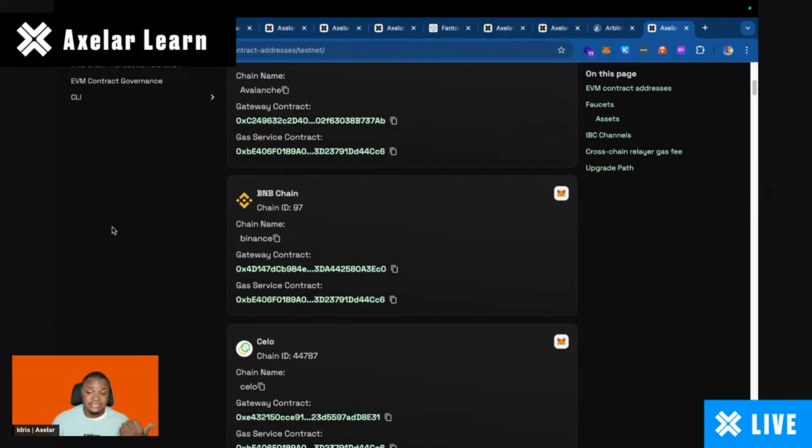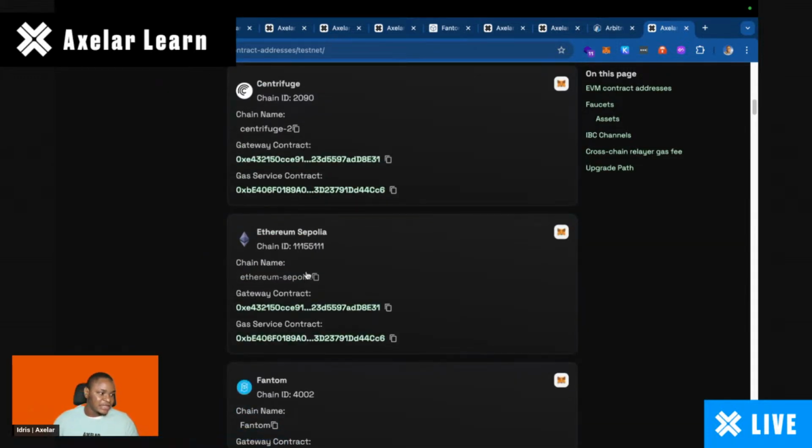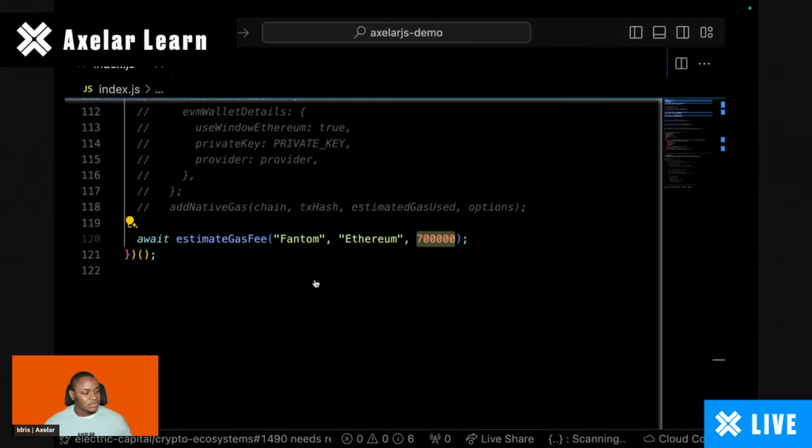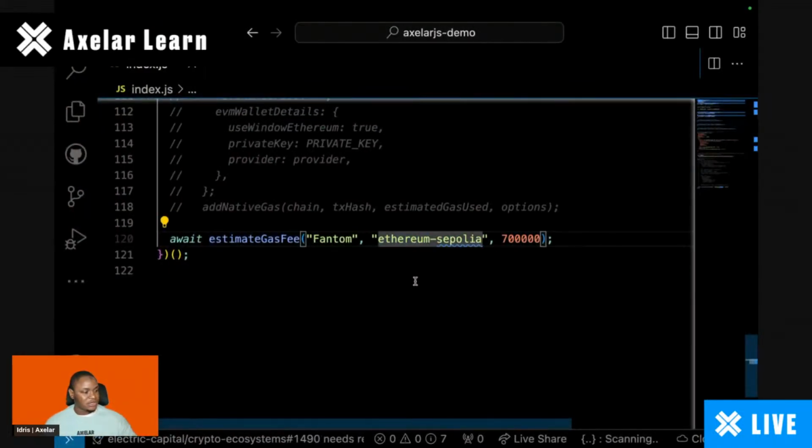But if you're using just the SDK directly, you can see that it prompted us, asking if we mean this particular chain name. So if you scroll down, you see that there's nothing like Ethereum. It's Ethereum Sequoia, which is the recommendation that the JS SDK gave. So now let's go back to our code and specify, instead of Ethereum here, I'll replace it with Ethereum